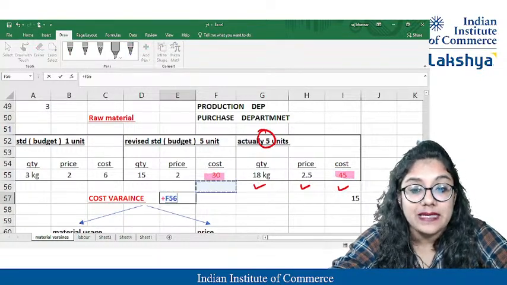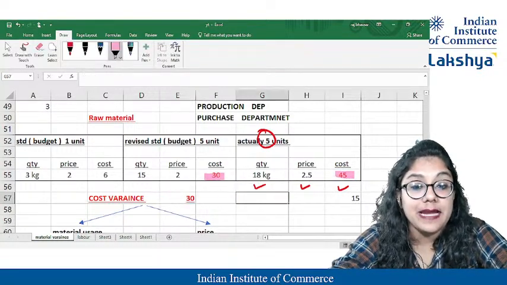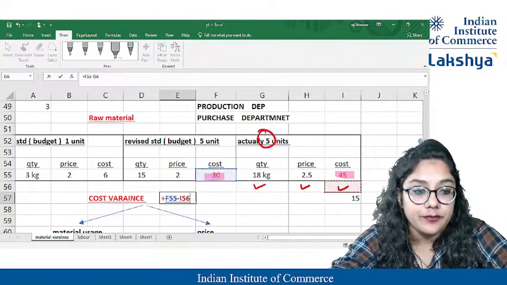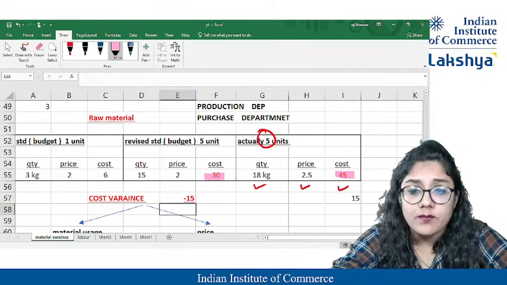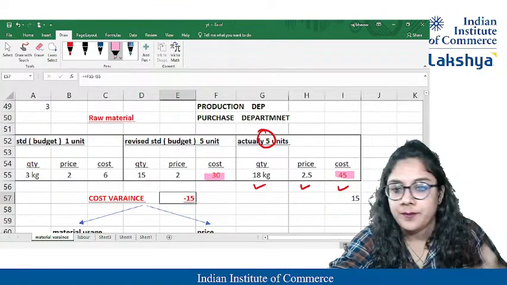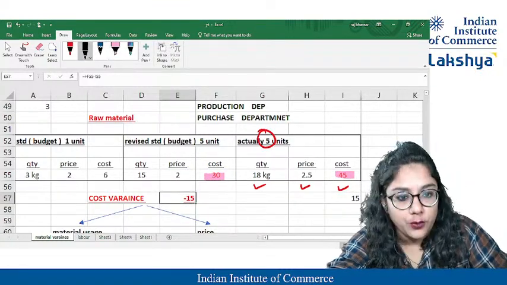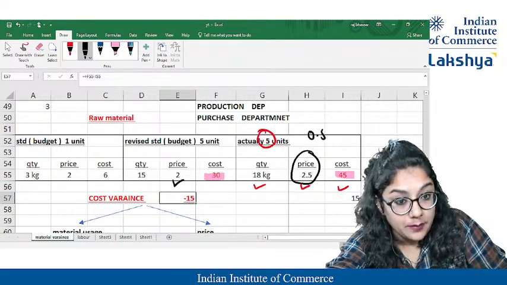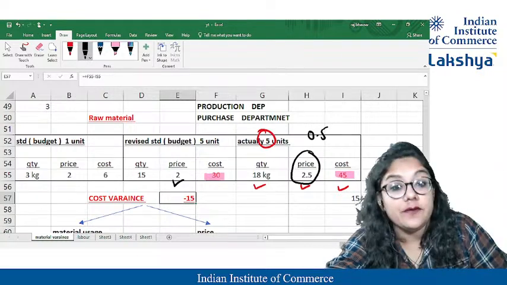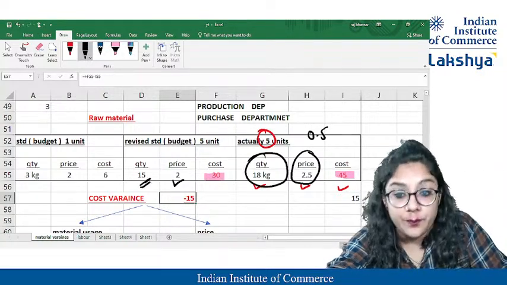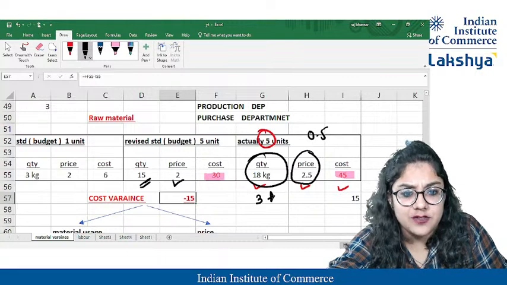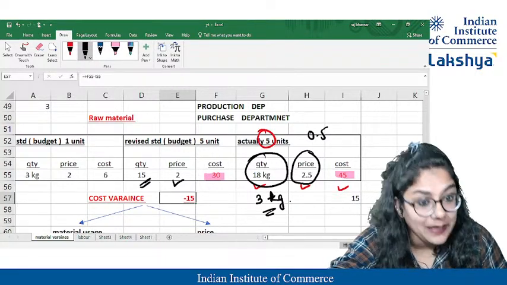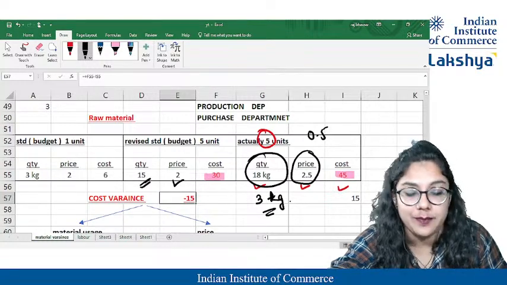So if you see, it's a variance of how much? 30 minus 45, it's an adverse variance. It's not a good variance. It's a negative variance of 15, right? So to whom will you shout? You'll say, okay, ma'am, I'll shout at the price also, because instead of 2, he purchased costlier, 0.5 more. Along with that, you have to shout at the quantity also, because you wanted 15 and you purchased an extra 3 kgs. So for 3 kgs, whom will I shout at? The production department, and for 0.5, I'll shout at the purchase department.